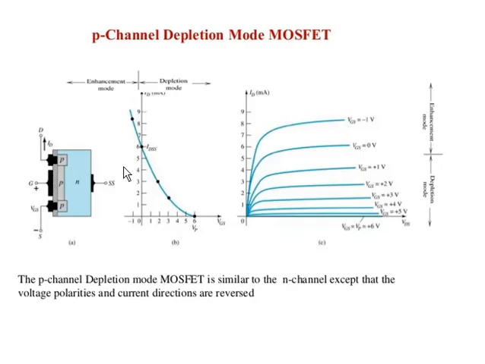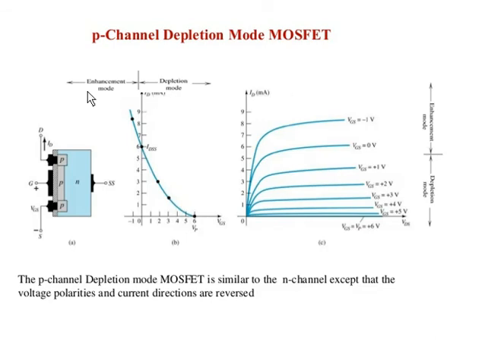So we can see the figure. This is the transfer characteristic, just opposite to the n-channel depletion mode MOSFET. Here when VGS equals 0, there is a current called IDSS, and if VGS is more negative, more and more current flows, that is called enhancement mode. And if VGS is positive, the current decreases, and at a particular voltage the current is completely 0, and that is the threshold voltage. That mode is called depletion mode.